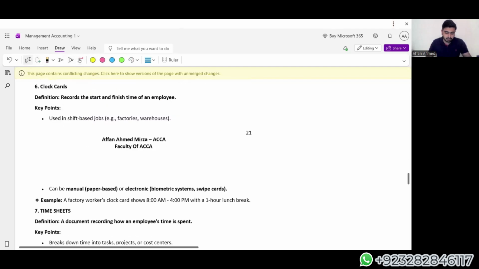Clock cards are basically cards or records that are maintained so that we can record what time the employee started working and what time he got in or got out. Basically, an attendance sheet which has time on it. Used in shift-based jobs, can be manual or electronic, through biometric systems or retina scans, etc., in some high volatile organizations. Timesheets,